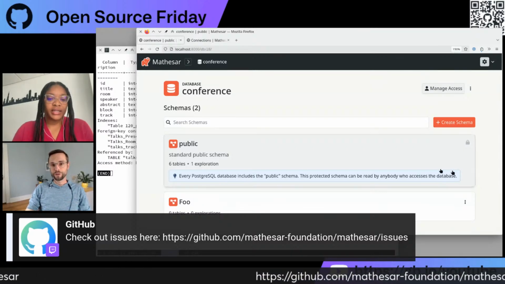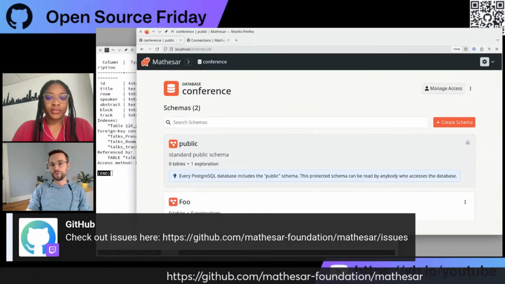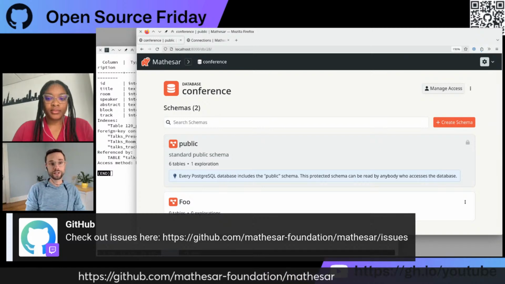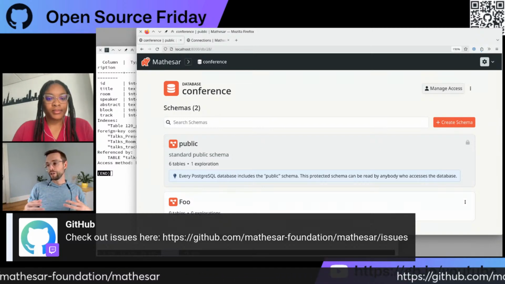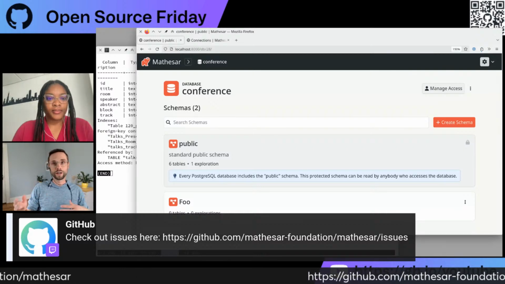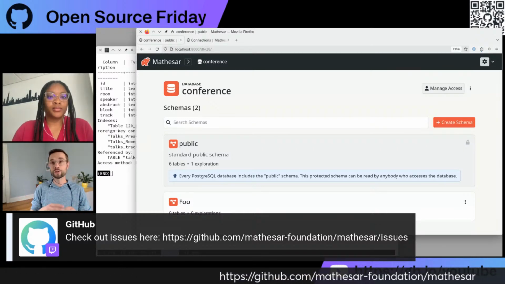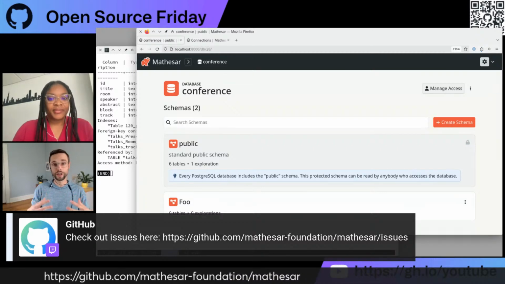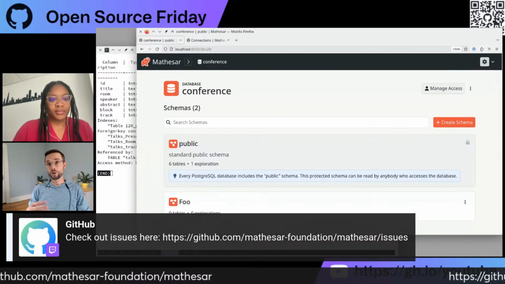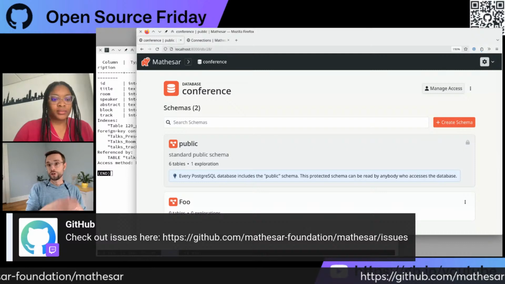Like you pointed out this lock icon, because that is a challenge that we're facing: design and usability and product feature requests. We have so much that we want to build with Mathesar, and we're so excited about building so many things, and so we also could use the community's help to steer us